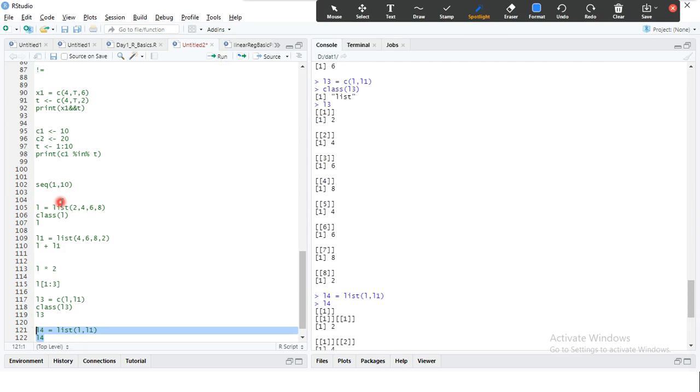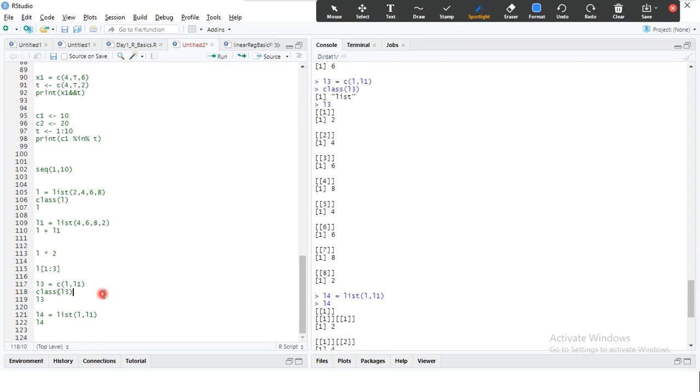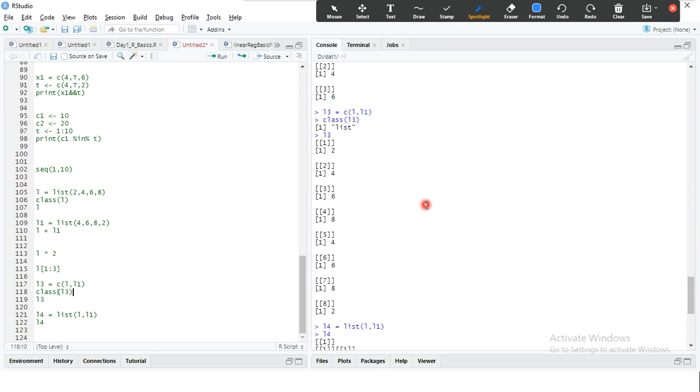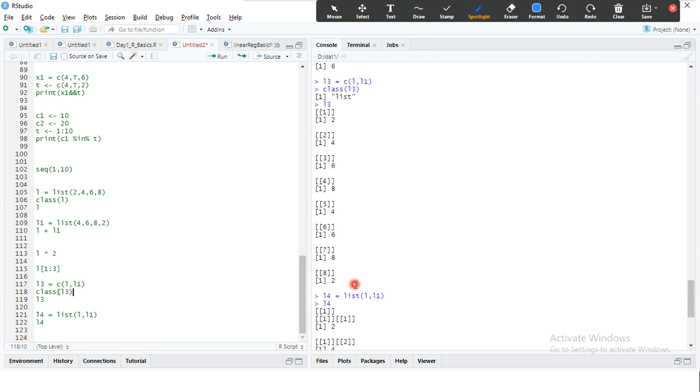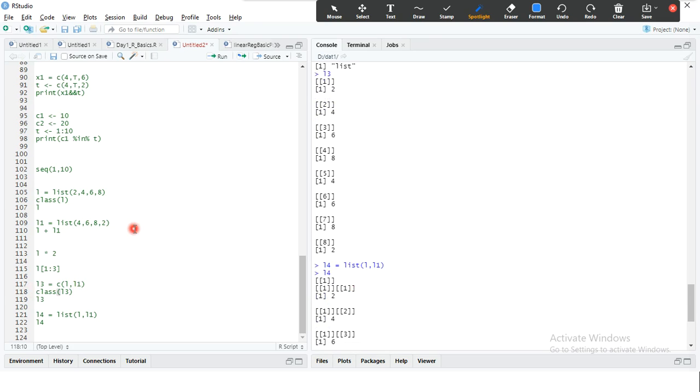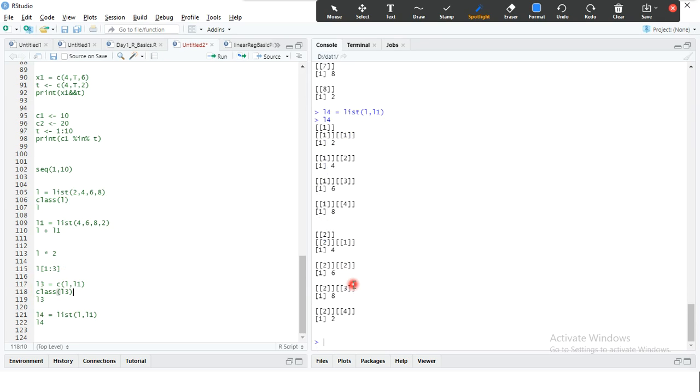When I use a vector function to combine the lists, it stores the values contiguously. It stores each and every value of each list contiguously. It makes us think these two lists' values are a single list. But here, look, like Python, it stores the first list as a separate one and the second list as a separate one.